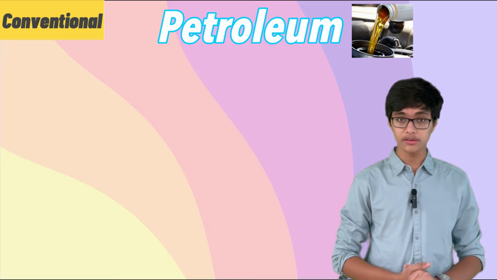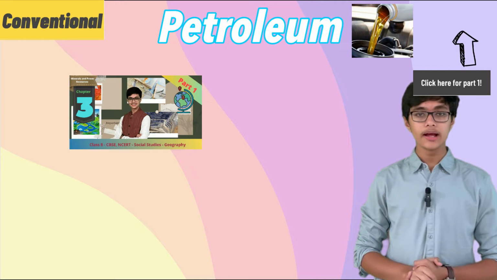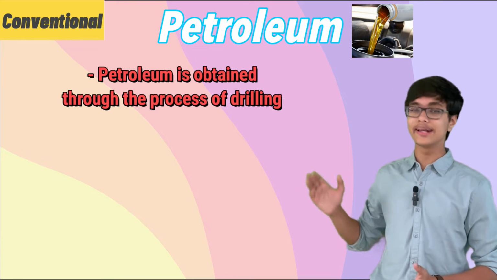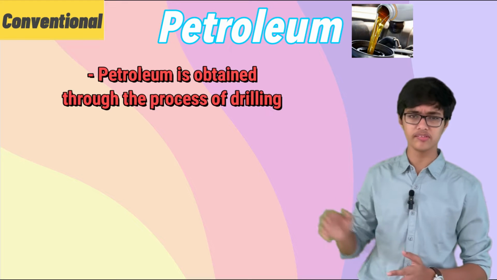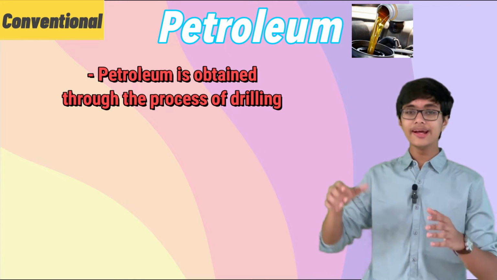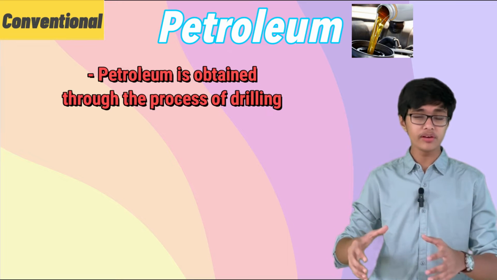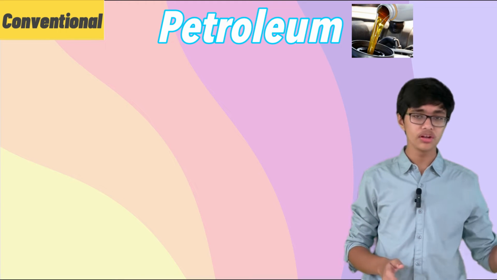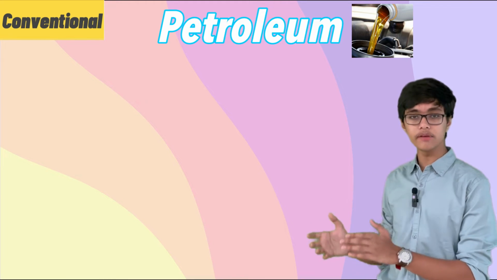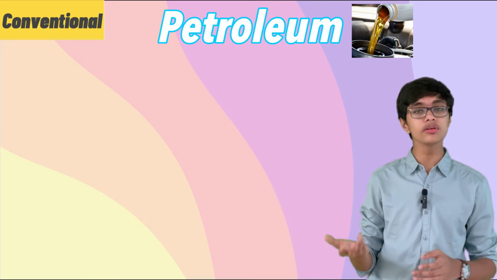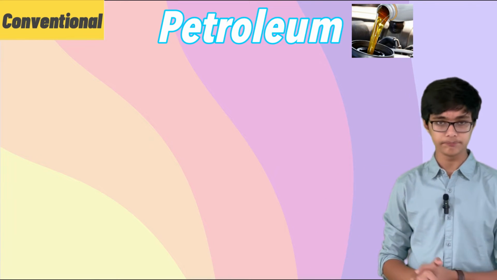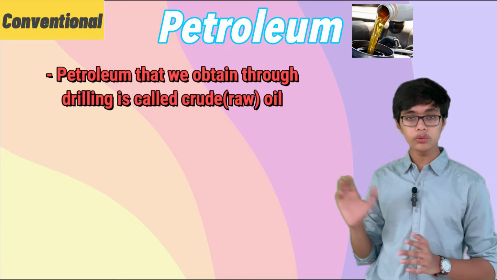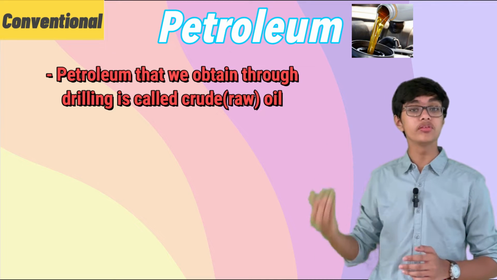As I explained in the previous part, which you can check out here if you want to, petroleum is obtained through the process of drilling, that is, drilling holes in the surface of the earth, something like this. Now, when holes are drilled, petroleum comes out with huge force, and along with it comes another mineral called natural gas, which we'll talk about later. Basically, petroleum comes out with a huge force, but this petroleum is not the one which we can use in our daily life. It still does not have a use. This petroleum is called crude oil. Crude basically means raw, and so crude oil means raw oil.